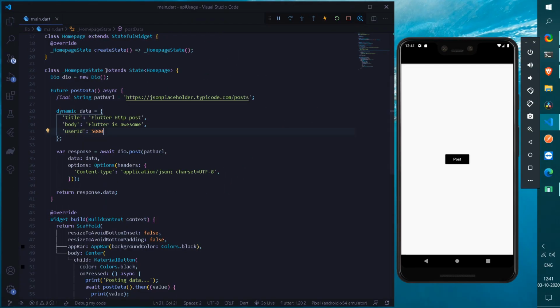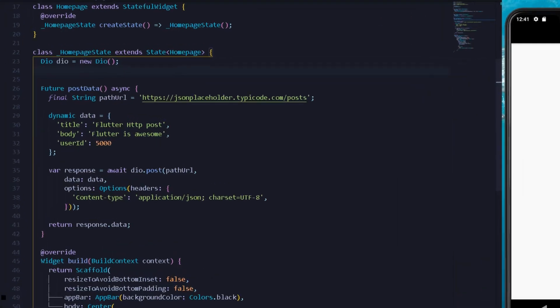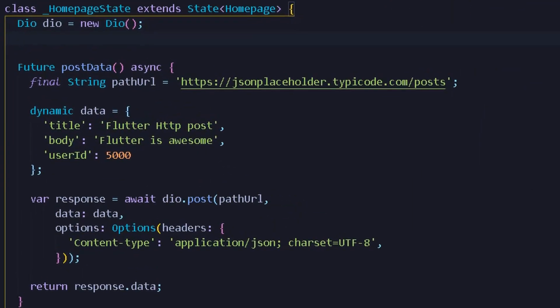We can create a new mapping between a string and dynamic to catch all the values that we are receiving in the form of a JSON template. So to do that, we can create a new mapping between a string as well as a dynamic. Now we can give any sort of name to our mapping, but for this video I will simply name it data model.